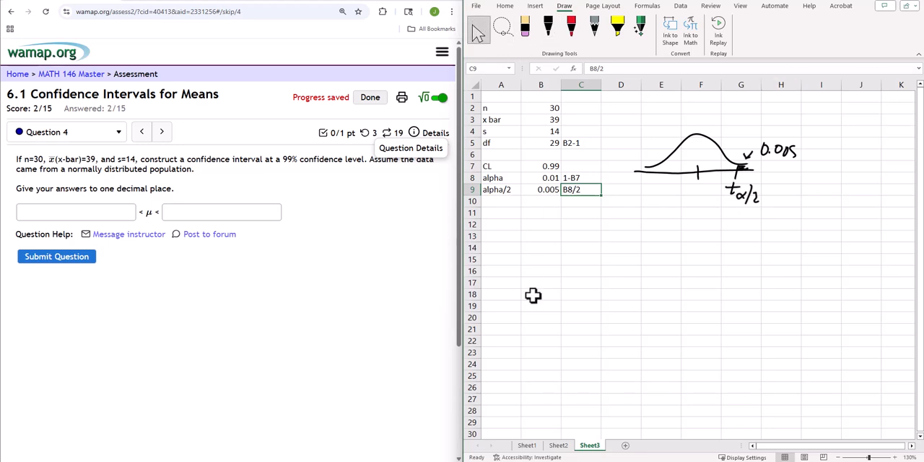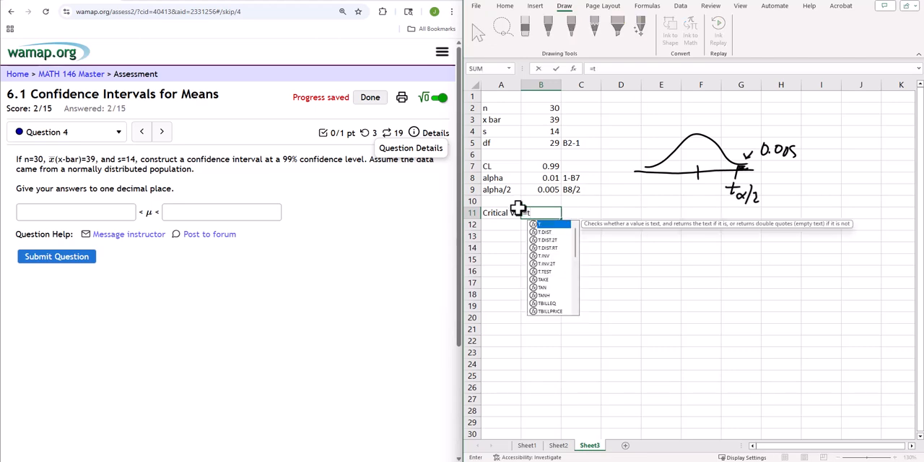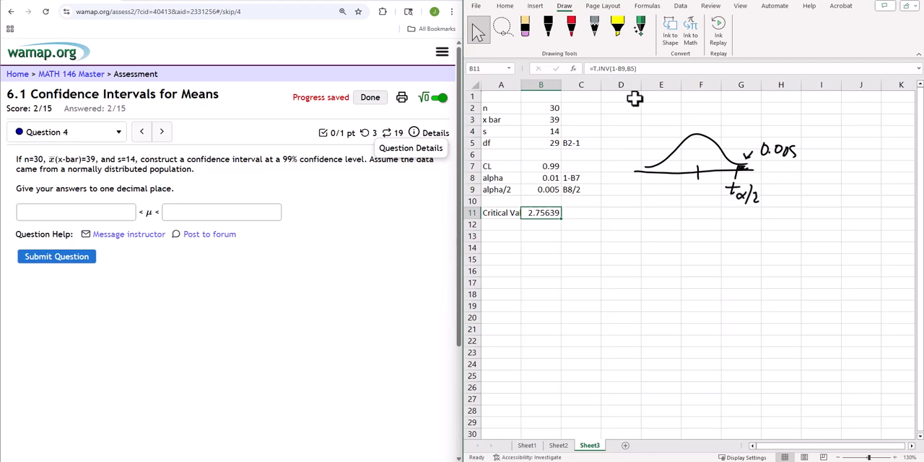To actually figure out what that is, to calculate it, I've got T inverse, and I'll do 1 minus that little tail area, and then my degrees of freedom, which I calculated up here. And if you want to skip the step of calculating the degrees of freedom, just go ahead and use n minus 1 right there. It won't hurt anybody's feelings,